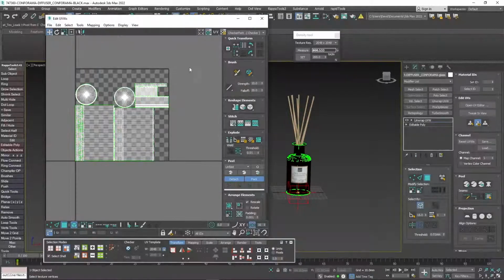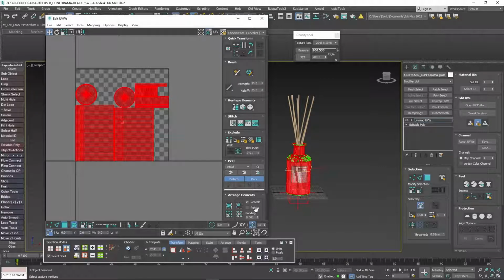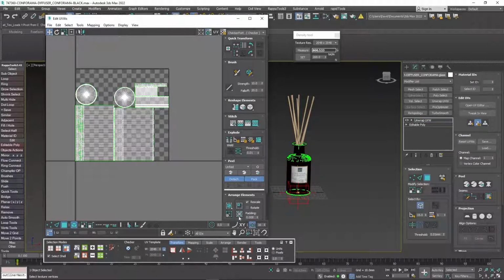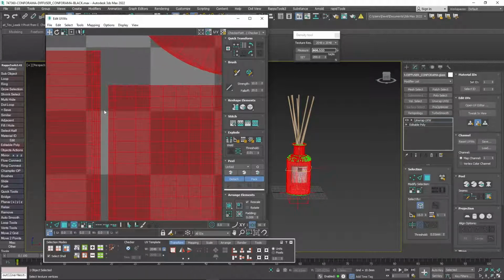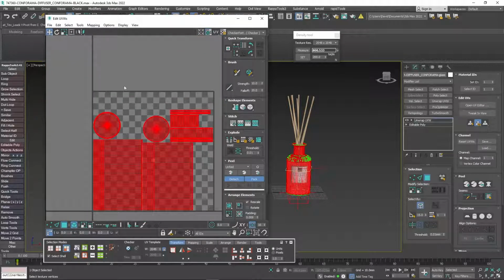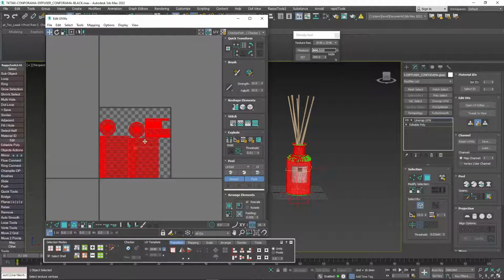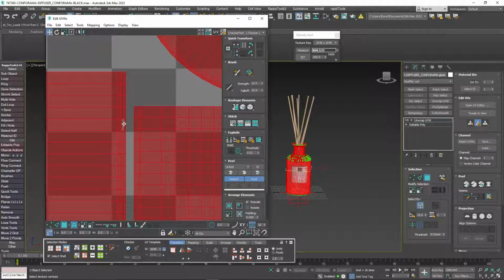In 3ds Max you can select all your objects, put rescale checked, and also for padding, because we should have 8 pixels, I put here 0.008, select all the UVs and hit this button. You can see it rescaled all the UV shells, averaged them, and also packed them inside the unique space with 8 pixels shell padding.